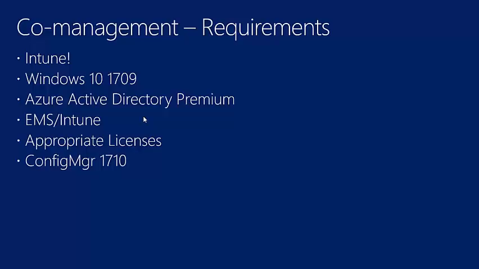You do need ConfigMgr 1710 or better. 1806 or later is actually probably the sweet spot. It lights up in 1710. In 1806, we allow you to connect multiple instances of ConfigMgr to a single Intune tenant if that's of interest to you, right? In ConfigMgr, the Cloud Management Gateway and Cloud Distribution Point are absolutely not a requirement, but are recommended, right? So say it again, you don't have to have the Cloud Management Gateway or Cloud Distribution Point to